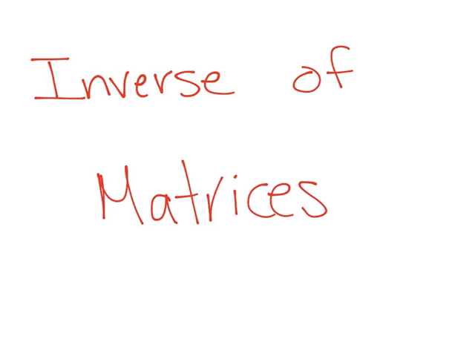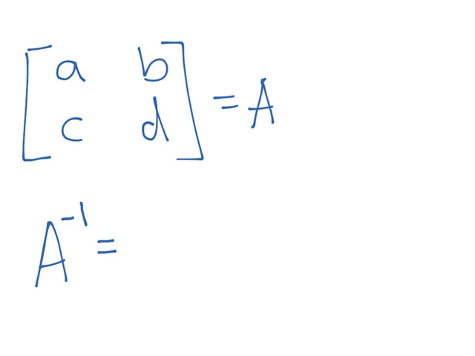Hello, in this video we will learn how to get the inverse of a 2x2 matrix. So if this was to be our 2x2 matrix ABCD, how would we get the inverse? First of all, what you should do is get the reciprocal of the determinant. So 1 over the determinant of A,